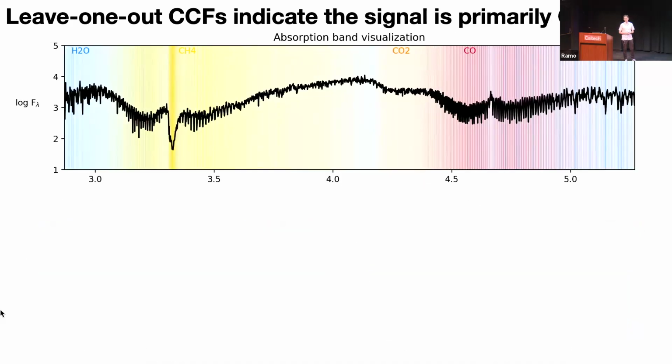So we can use this data set to do a little bit more atmospheric analysis. What I'm showing here is a model synthetic spectrum of the best fit, what we would expect the spectrum to look like, and overplotted using these colored regions are different molecular absorption features showing you the contribution from water, methane, carbon dioxide, and carbon monoxide and how it's responsible for shaping the